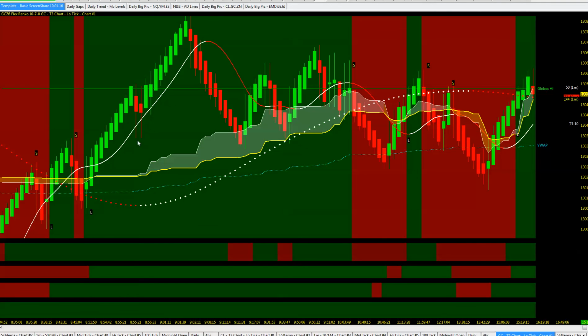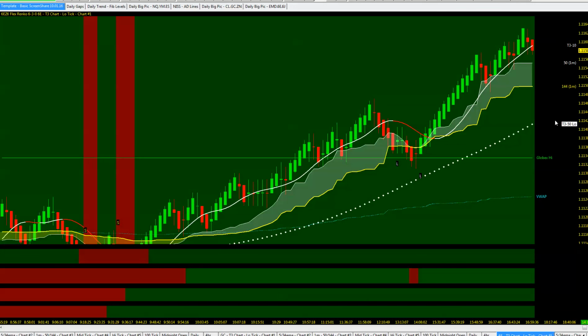There was gold to the upside, solid body Heikin-Ashi bars, breaks out of the Globex high, but unable to really maintain. It had a nice move here, a couple pockets of opportunity above the Globex high with all charts in sync. You'd be watching either order flow or another indicator to see if there was going to be any momentum, but for the most part today, gold finishing out to the side.